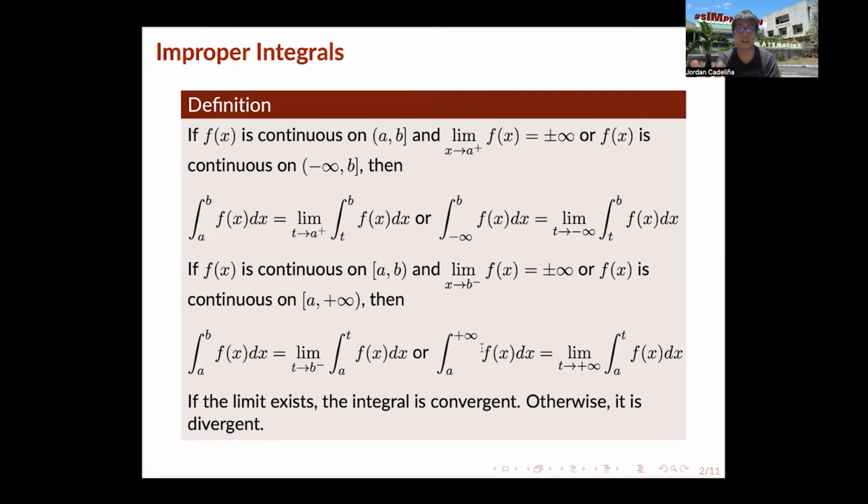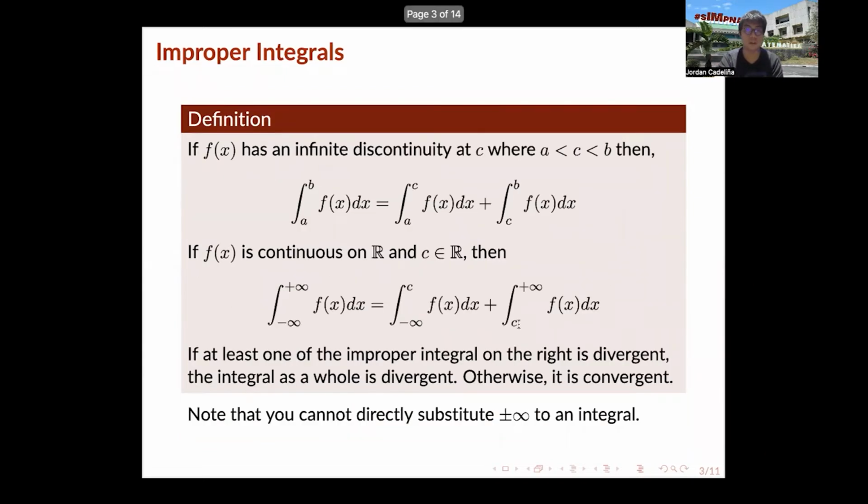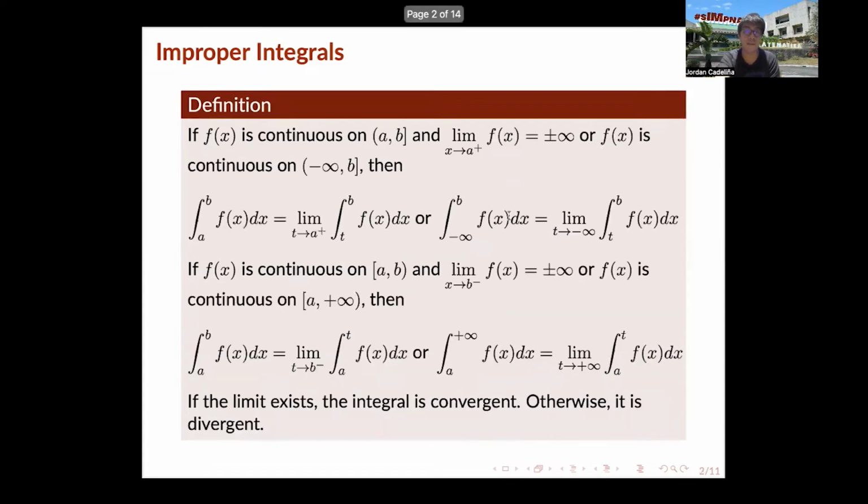So may expanded definition tayo tungkol dito. So if f of x has an infinite discontinuity at c, where a is less than c, less than b, then we can split this integral into two improper integrals. So pansin mo, sa discontinuous siya sa c, so need natin muna hihiwalay since we need to solve first yung limits ng bawat isang parts na discontinuous siya. So this can be also applied kung kunwari may d, tapos nasa loob ng a and b din yung d na yan. So maghihiwalay ulit to d, c, tapos puro continuous dapat yung mga endpoints